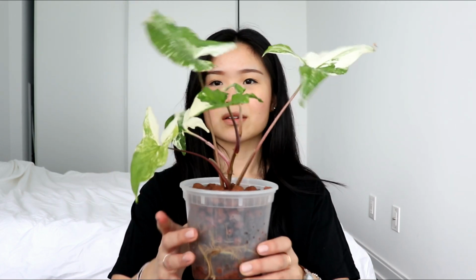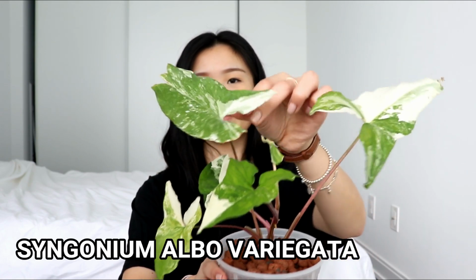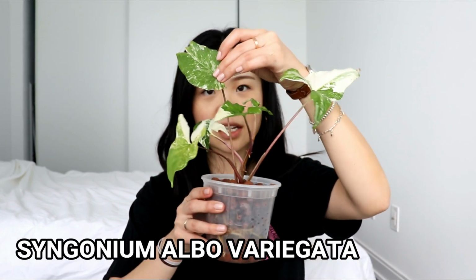Moving along, this one is a syngonium. Syngoniums are also well known for being very fast growers. There are obviously the more common ones like white butterfly, neon pink, robusta, something illusion. There are so many different types of common syngoniums, but in terms of the uncommon ones, this one is still very fast growing. This is the Syngonium Albo, and it honestly has a little bit,